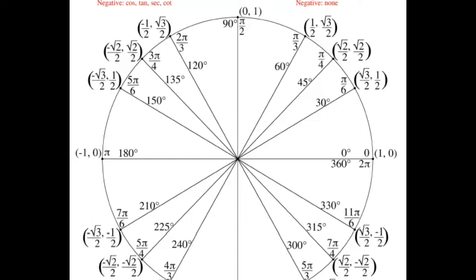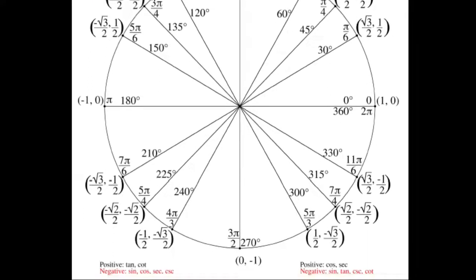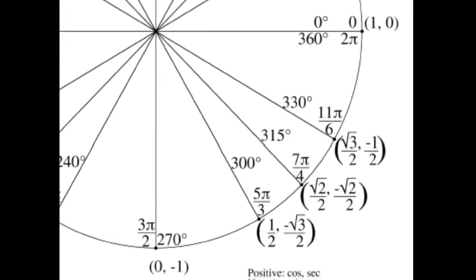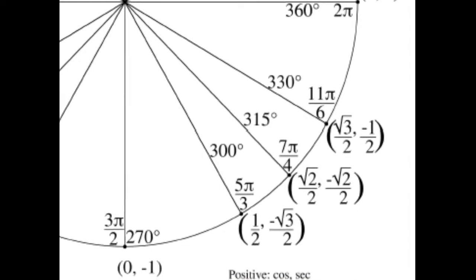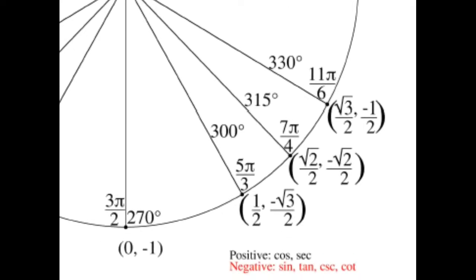Well, I know that in this first quadrant, they're all positive values, both x and y are positive, so I'm going to have to come down to this fourth quadrant to find my answer. And I see that at 5 pi over 3, there is a y value of negative root 3 over 2. So that is going to be my solution because sine is y. So we have a y value of negative root 3 over 2 right at 5 pi over 3. So that is